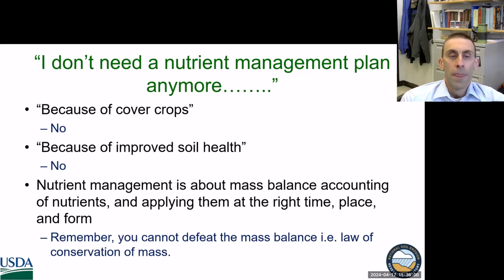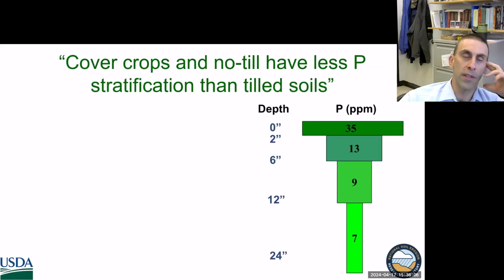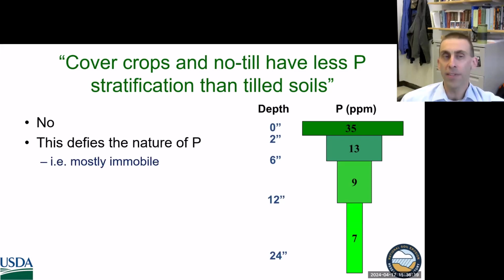So remember, you can't defeat that mass balance, the law of the conservation of mass. Here's another one. Cover crops and no-till have less phosphorus stratification than tilled soils. Absolutely not. I don't know where this idea came from, but it defies the nature of phosphorus because it's mostly